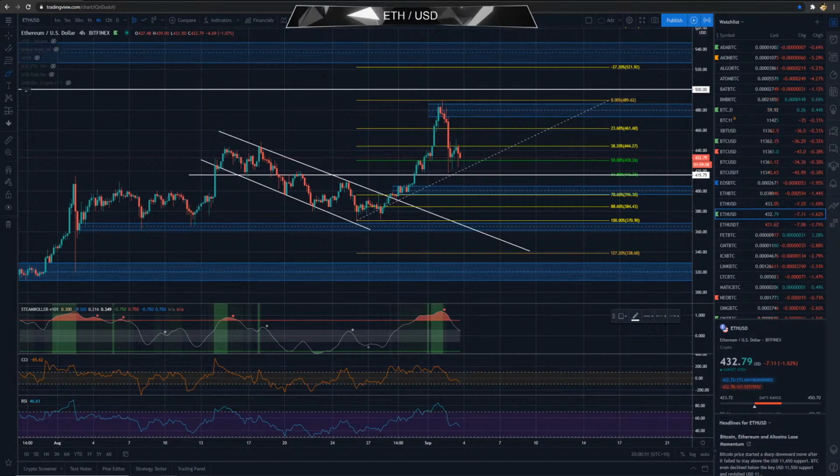And then from that 398 level, I will likely start layering in some spot buys again, as I did before, all the way down to 350 is where I place things. I've got 398.22, 370.55, 354, 332, 320, where I have some buys set.